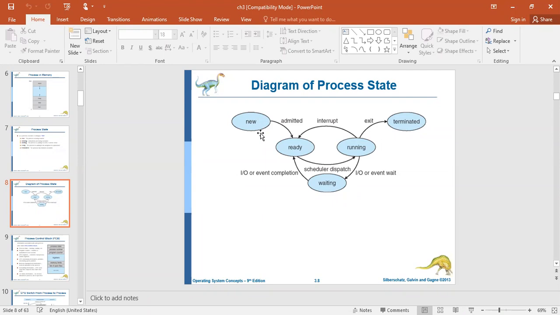This particular process is created and it is ready. All the necessary resources are loaded, but at this moment the CPU is working on some other process. So it should be in the waiting state, ready for execution. Next, when will it be moved to running? Once the CPU has completed whatever process is being executed, it will look after the ready process. Now whatever process is ready can start executing. So how will it be moved from here to the running state?